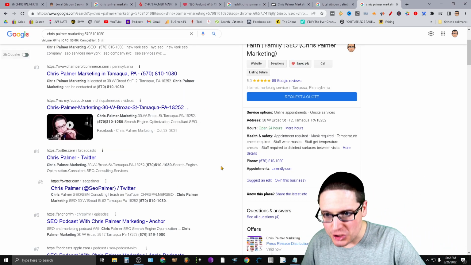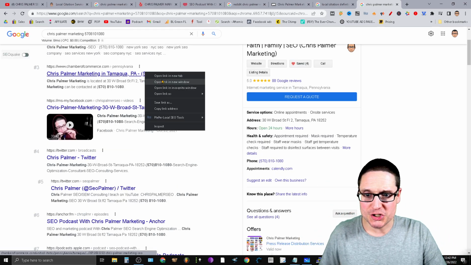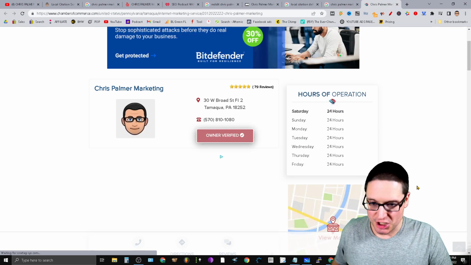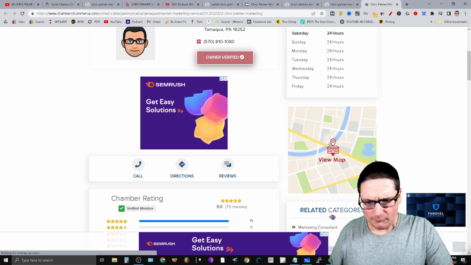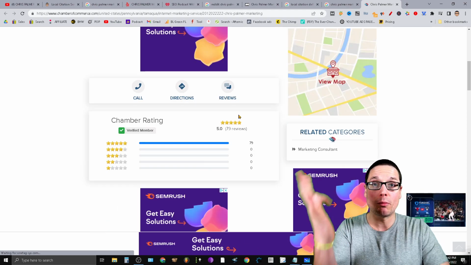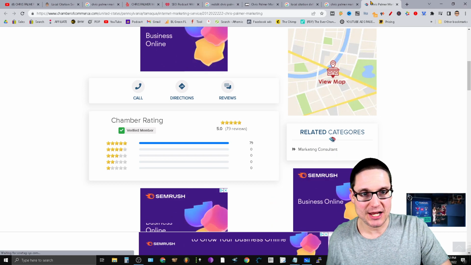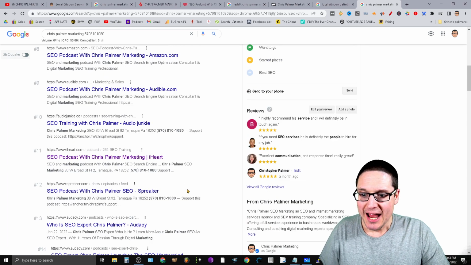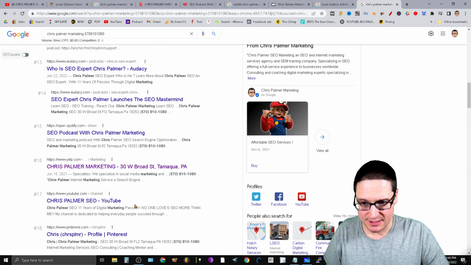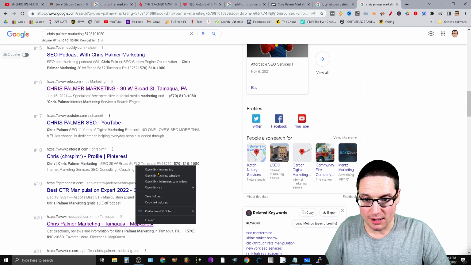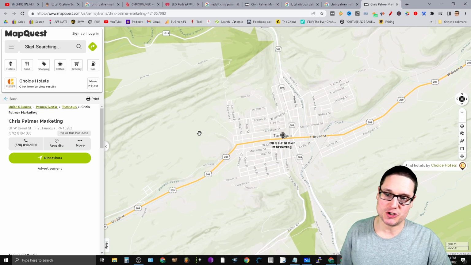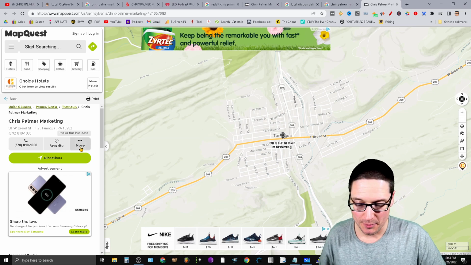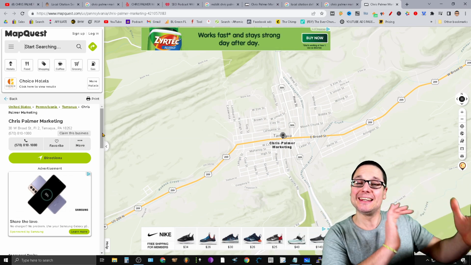So some of the first ones that you're going to know right off the bat, Chamber of Commerce for Pennsylvania, right? Name, address, phone number. So this is the Chamber of Commerce for Pennsylvania, along with a lot of other states. Name, address, phone number, and a link back to the website. That's a structured citation. If we take a look at another one here, we'll come on down the list. And a lot of times what you're going to find is going to be websites much like MapQuest. This is another well-known structured citation. So again, it comes up yet again. So we have the name of the business, the address of the business, the phone number of the business, and then a link back to the business.